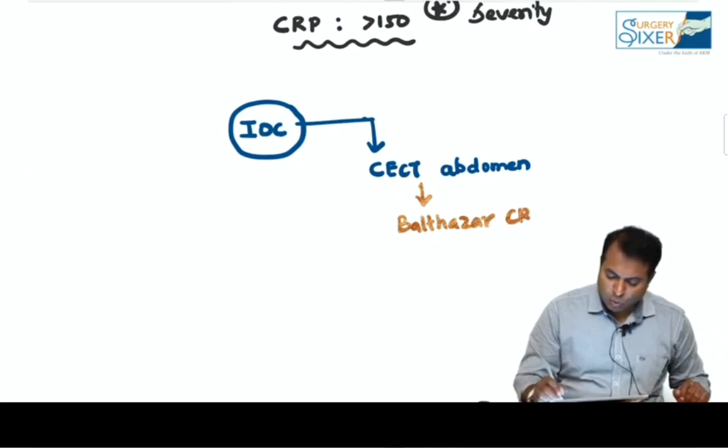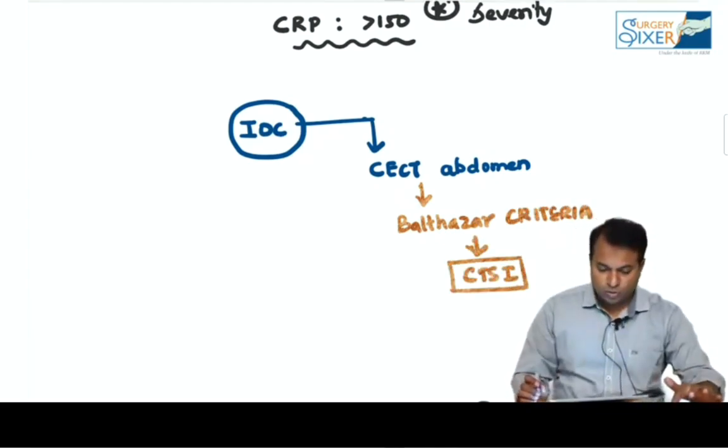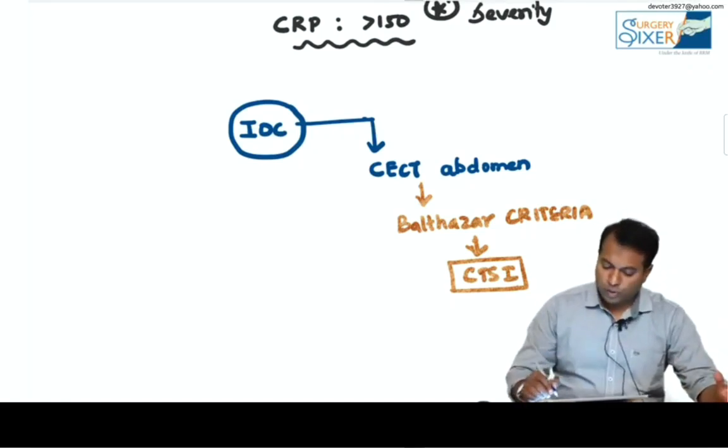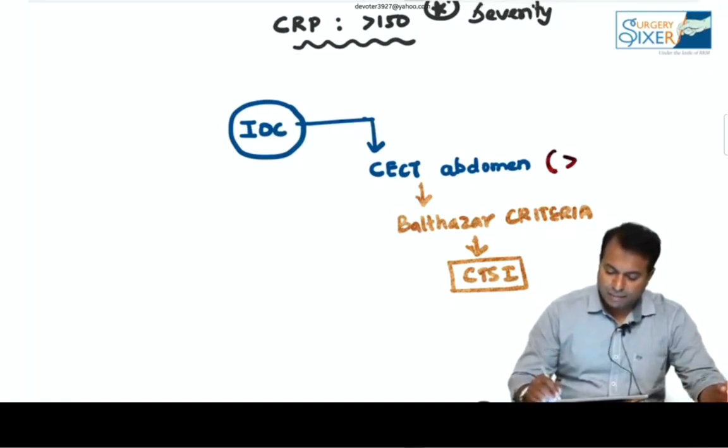Balthazar criteria is an old name, and this is now changed to CT severity index. I'm going to discuss it separately, don't worry. So that is known as CT severity index or Balthazar score. The old name is Balthazar score, the latest name is CT severity index, and CT abdomen is usually advised after 72